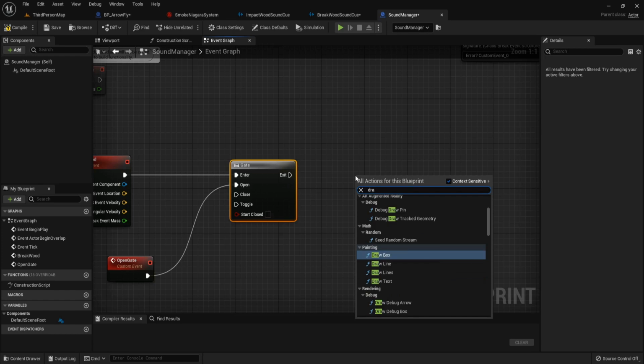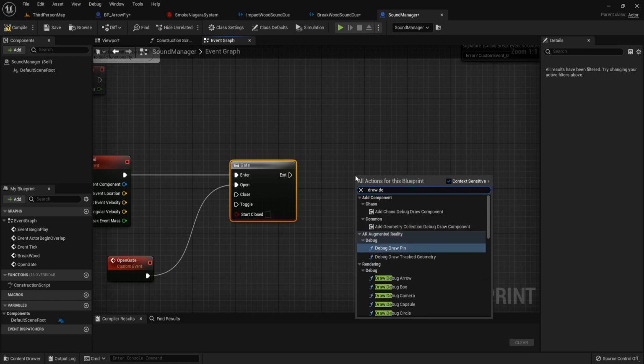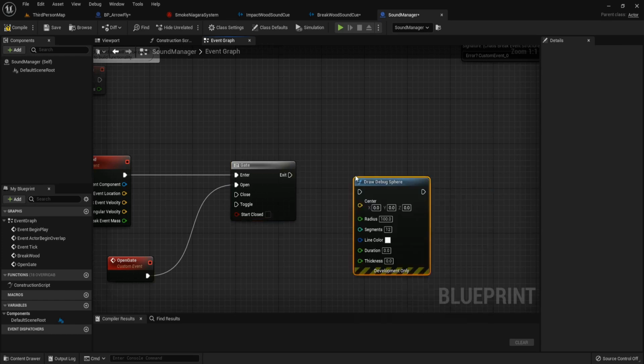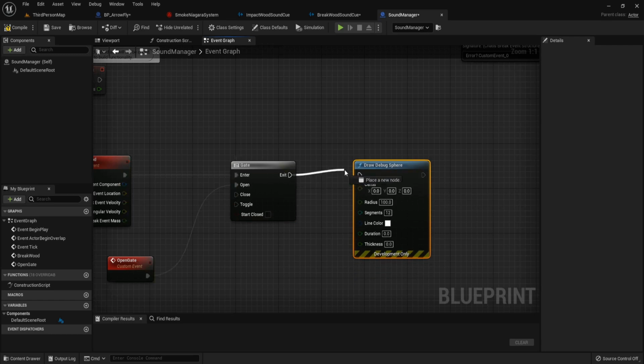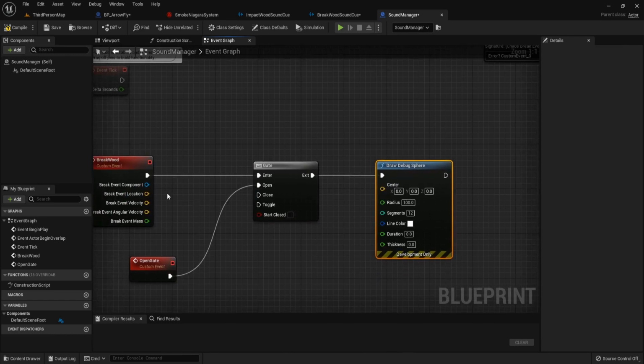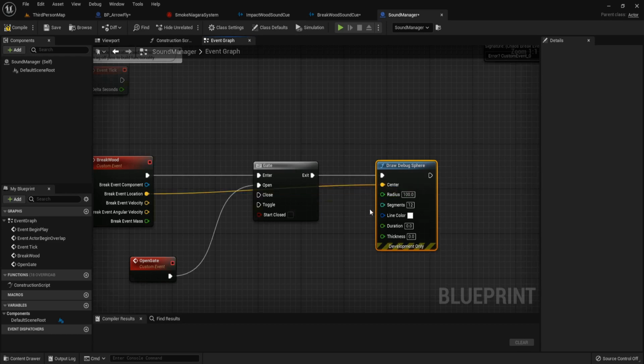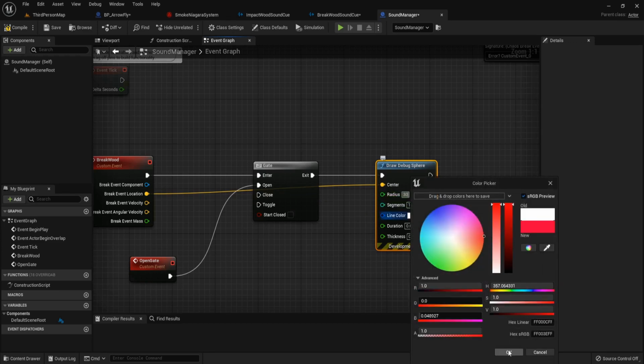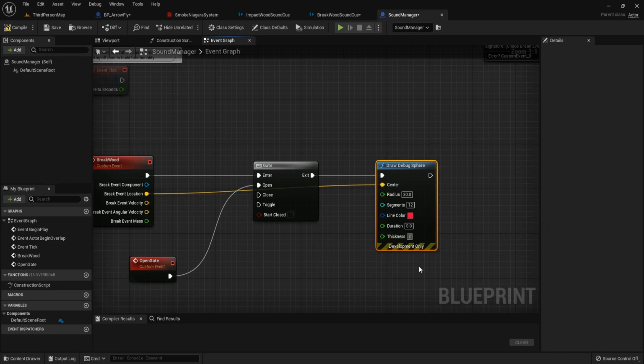Call draw debug sphere. Connect the break event location to this center. Set the radius to 30 and the line color to red color. Thickness to 2.